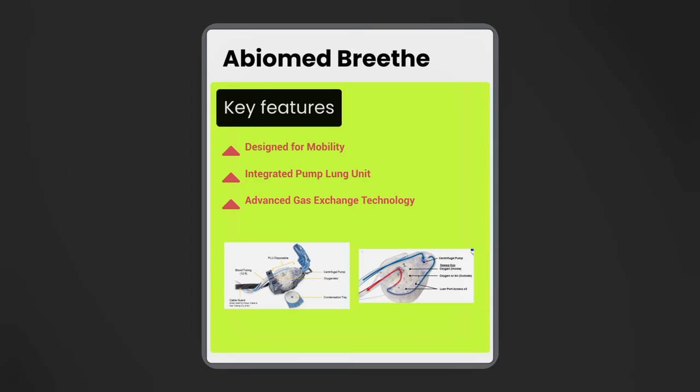It has a built-in oxygen concentrator, and it hence eliminates the need for an oxygen tank during transports. They have an integrated pump and oxygenator, and they call it their pump lung unit. The oxygenator has a polycarbonate exterior housing that encloses a PMP hollow fiber membrane. They also say that the integration of pump and oxygenator helps with uniform blood flow to